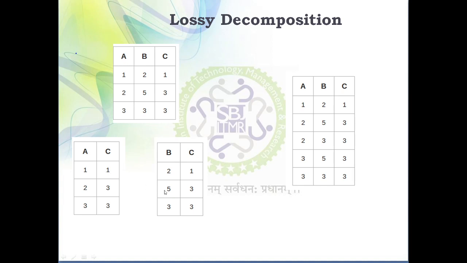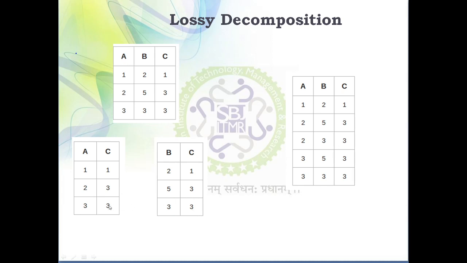Now here is any 1 there? No. Then 3 is compared with 1. No, it is not a match. This 3 matches with this 3, so we got 2, 5, 3. The value of C is 3. Then this 3 matches with this, so we got 2, 5, 3. Again we got 2, 3, 3, because we compare with this, so we got the 2 here. For B its value is 3 and for C it is 3, so 2, 3, 3.